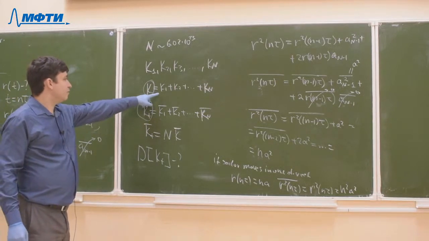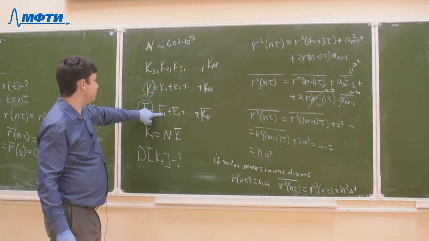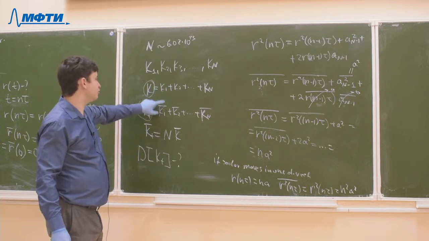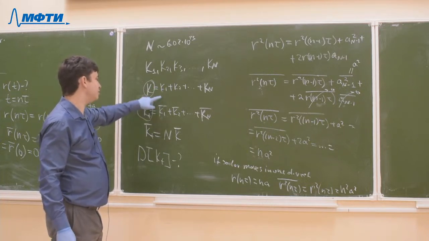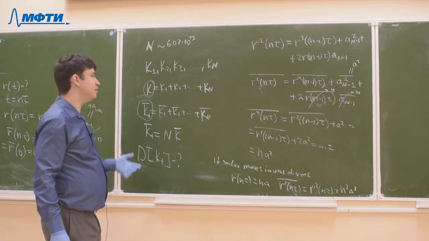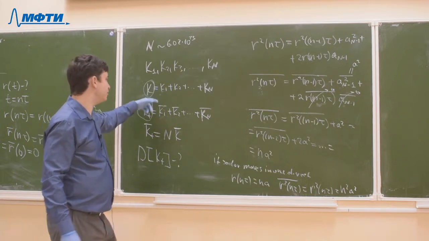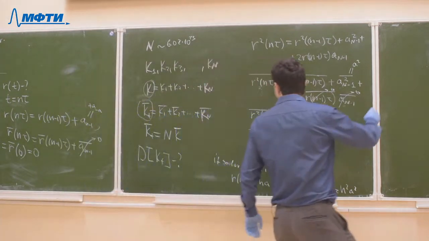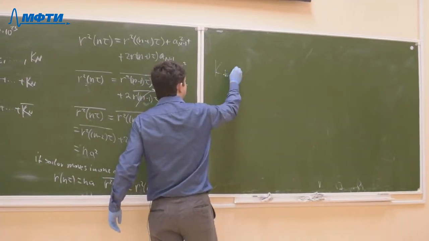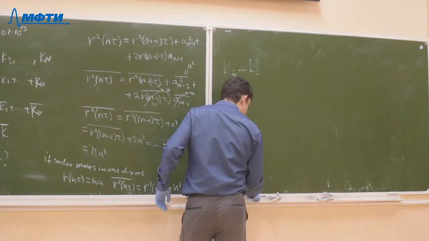So here we can actually look at these differences between K1 and K1 average as movements of drunk sailors. So K1 can be either greater or less than K1 average. That means that we indeed have some kind of chaotic motion in terms of K1 minus K1 average. So the difference between total kinetic energy and average kinetic energy